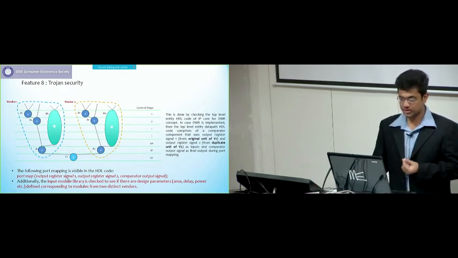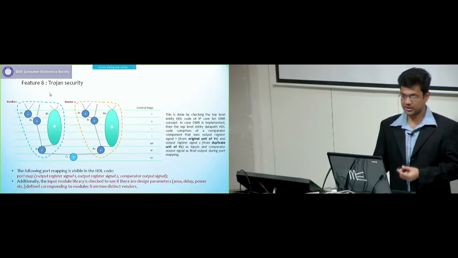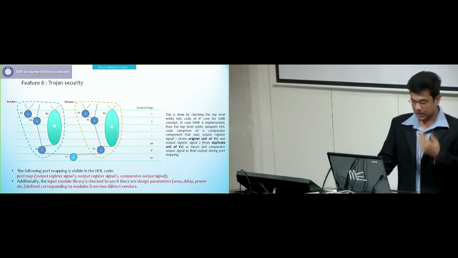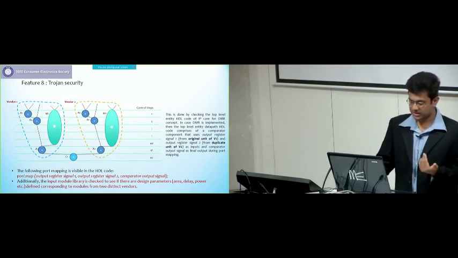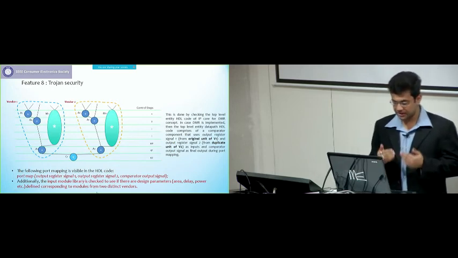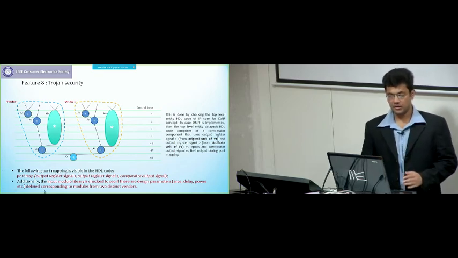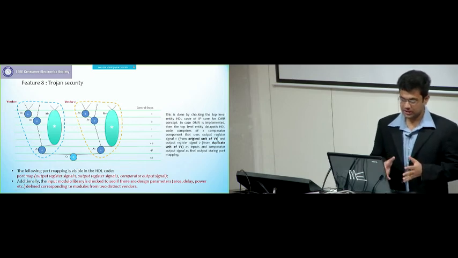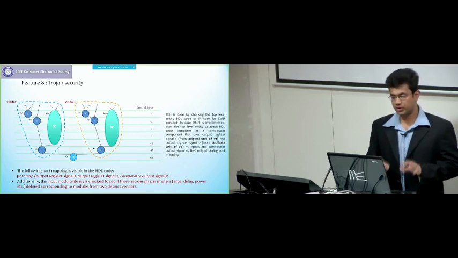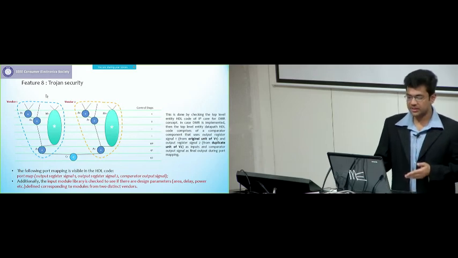So it checks for two possible conditions. In case of reliability, it checks for only one condition, and in case of Trojan security, it checks for two conditions. The first part of the condition remains the same as I explained in the last slide. However, it checks an additional condition, which is if the input module library contains design parameters corresponding to area, delay, power, etc. from two distinct vendors, then we know that certainly there must have been two vendors used, and two vendors are typically used when we incorporate Trojan security in the HLS IP code designs. So through this mechanism, we can easily detect if Trojan security is present or not.